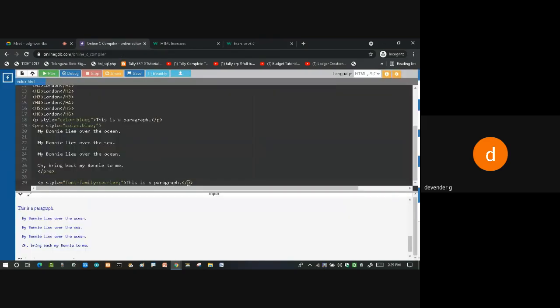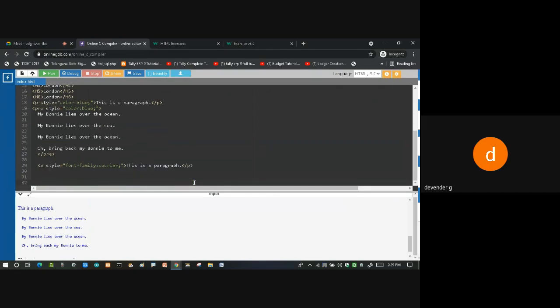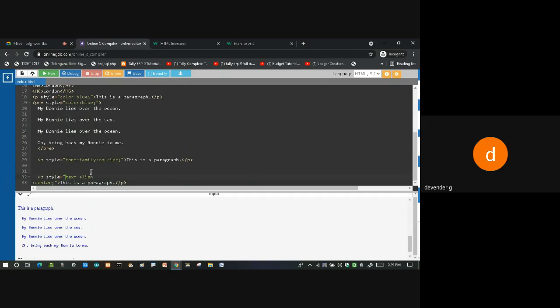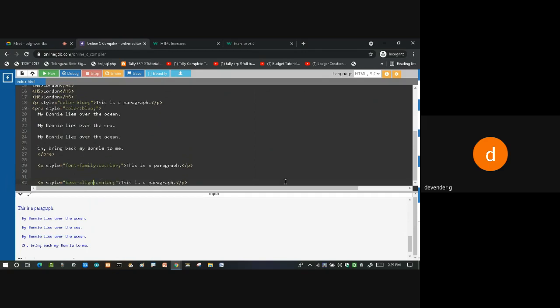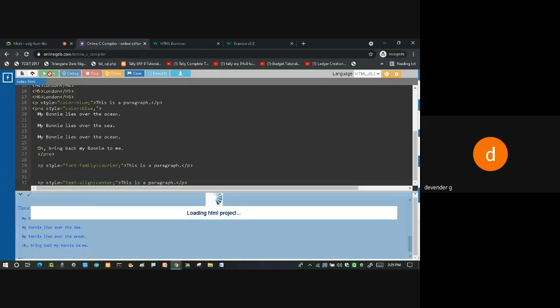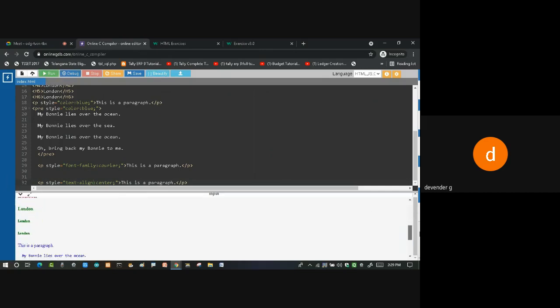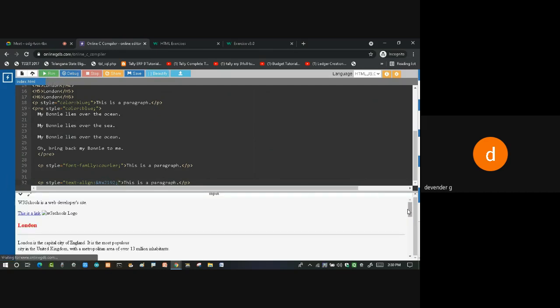Now we'll see this one whether it is going to come in the center or not. So we'll see this one in center. I'll be using the word called text align and I'll run this and see whether the output is going to come or not. So you can see the text has been coming in the center. So if I say left, I'm going to get left side. If I say right, I'm going to get the right side. In whichever way you want, you can use it. I'm using this as a right side. So already you have seen the left side and I want right side. So I'll be using this one and I'm going to get the text in the right side.